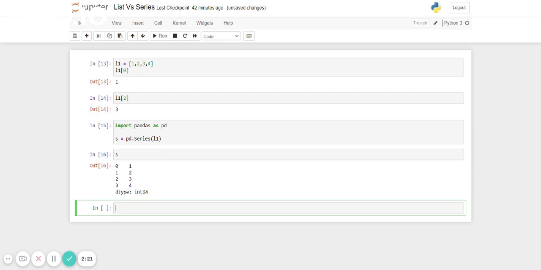So for example, right now I don't want to use the numerical indexes for this series. So I want to add my own indexes to this series. For example, let's say I want to add characters as indexes in the series. So how can I do that? For that, s equal to pd.Series(l1, index=